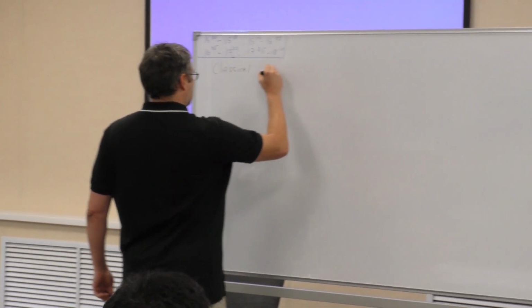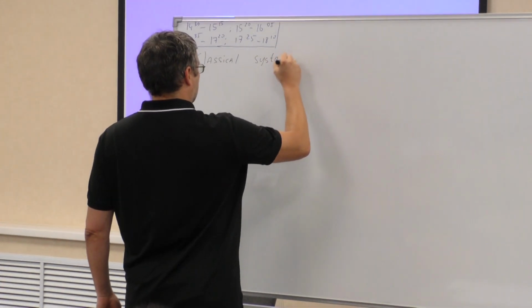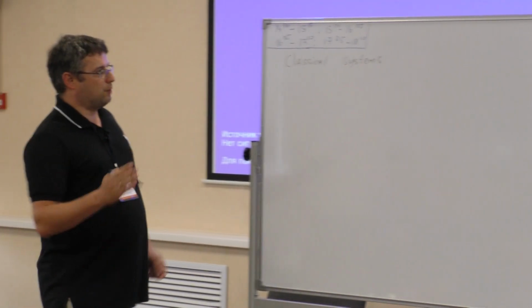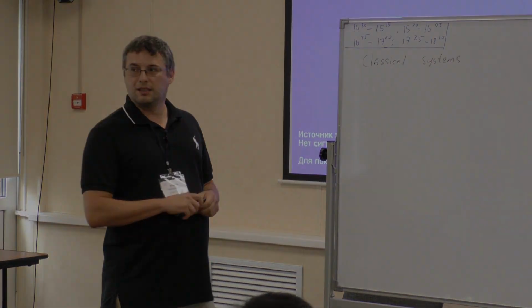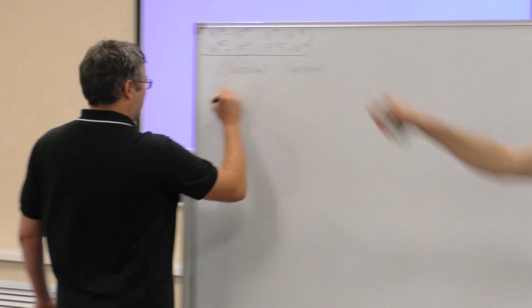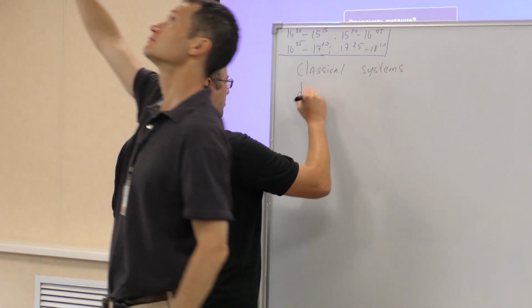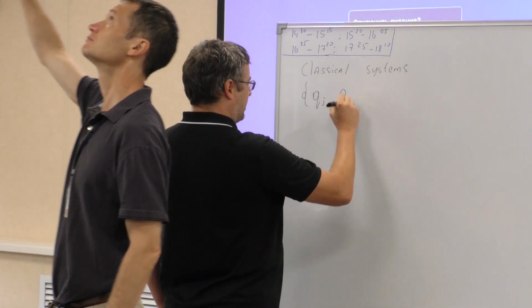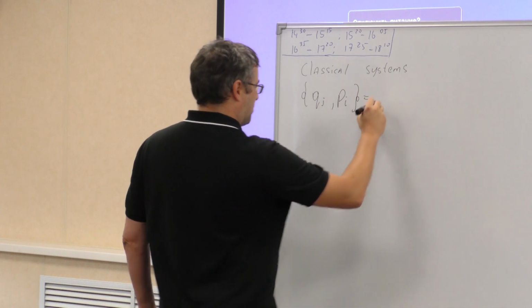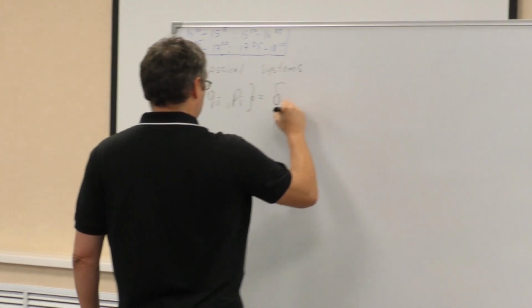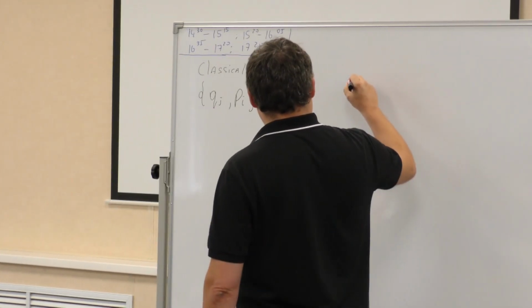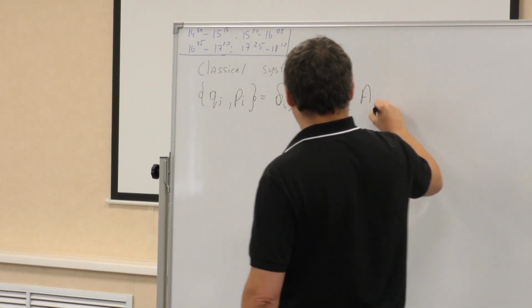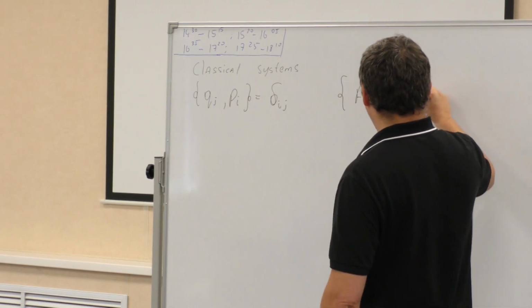So I want to start from classical systems. And I want to briefly introduce Hamiltonian dynamics. So we normally define them through a set of canonical variables, Qj and Pi, which form a Poisson bracket, which is delta ij, right? And I remind you that a Poisson bracket between any two functions of P and Q